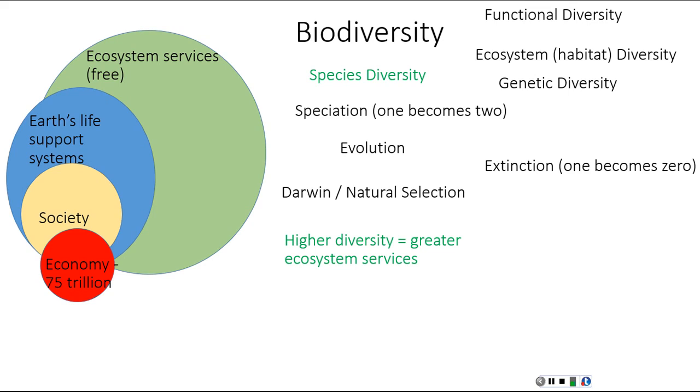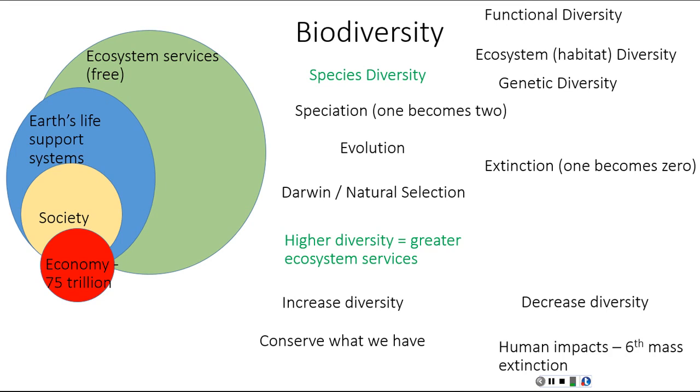So with higher diversity and greater ecosystem services, we also have to factor in extinction. This is the one-becomes-zero concept. Extinction means forever. So extinction is a way where biodiversity is depleted. However, if we want to increase diversity, we have to focus on and conserve what we have. A decrease in diversity would mean extinction,